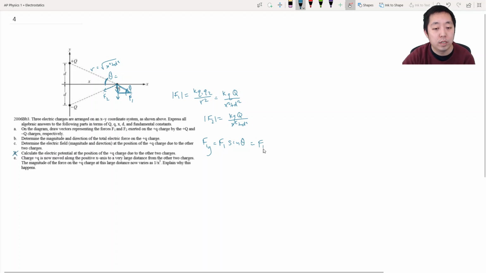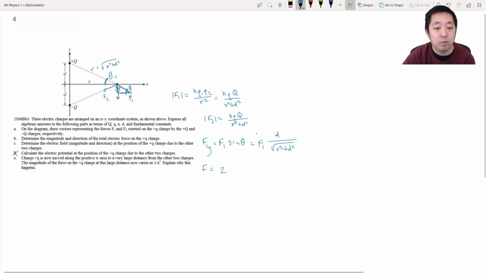So that's F1 times d over the square root of x squared plus d squared. You could do things like sine inverse or tangent inverse and then take the sine of it, but it's simpler to just use this triangle to compute the sine of this angle. So that's F1y. And F2y is going to be the exact same thing. So the total force vector, which is just the y components, is going to be